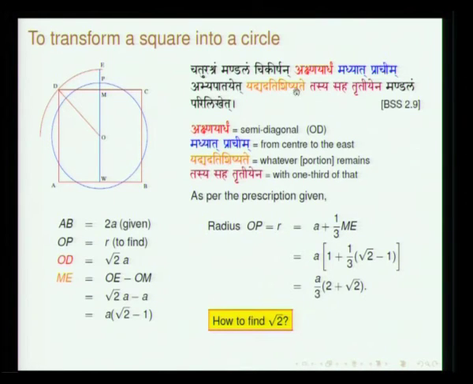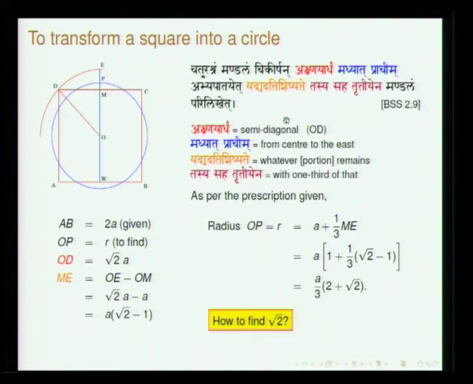Yadyad atishishyate. Atishishyate means that which is remaining above. When OD becomes OE, something is protruding out of this. That is what is referred to as atishesha here. So, yadyad atishishyate, whatever remains. Here it is ME. Tasya saha tritiyena mandalam parilikhet. Tasya means that portion ME, tritiyena one third of it. Okay. Tasya saha tritiyena mandalam parilikhet.